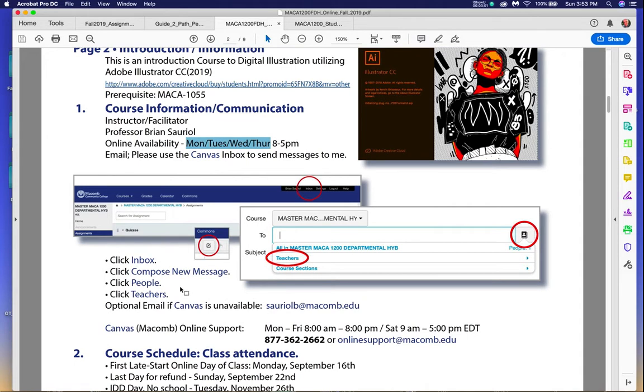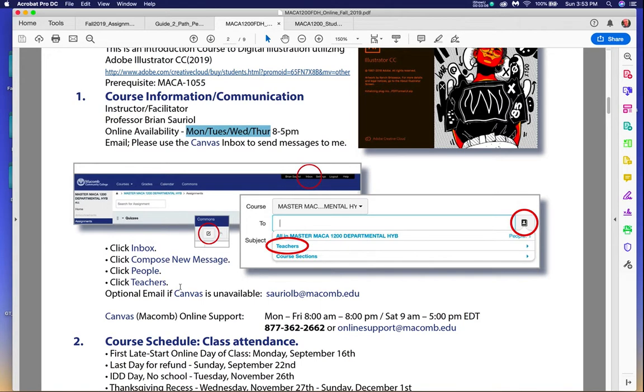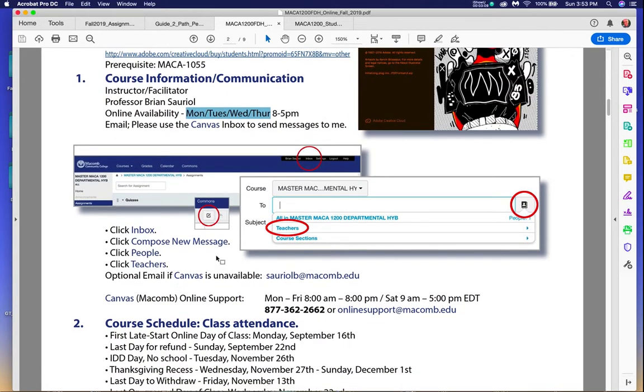You're going to use the Canvas Dropbox, not Dropbox.com, Canvas Dropbox, to send me your Adobe Illustrator files. And I want to say this numerous times, and we haven't even gotten into the Canvas module yet, and I'll show you what I'm talking about. But let's say you're in the middle of the first project and you have an issue. I want you to use the Dropbox and send me your partial file, and then type in a very quick way what problem you're having. I will send you back your file with a quick movie fix